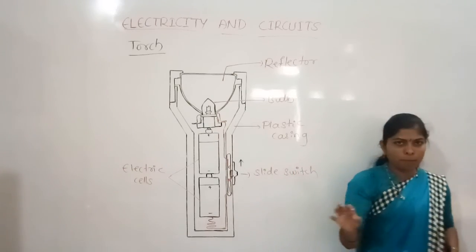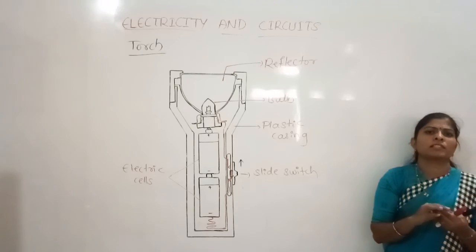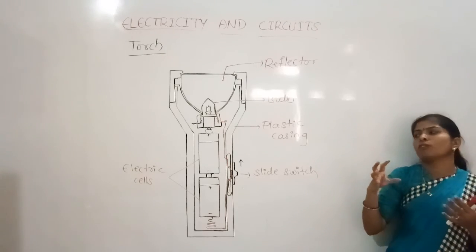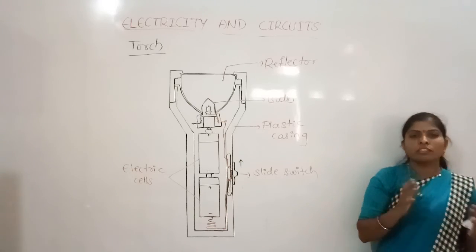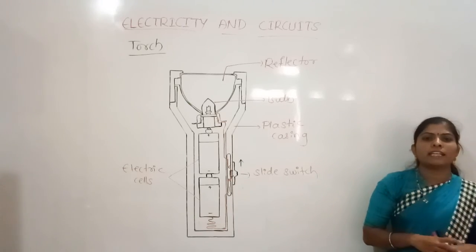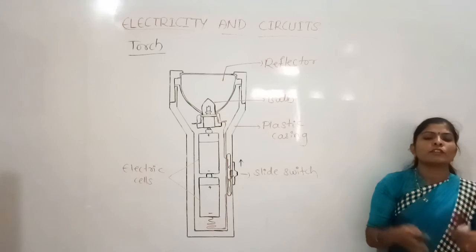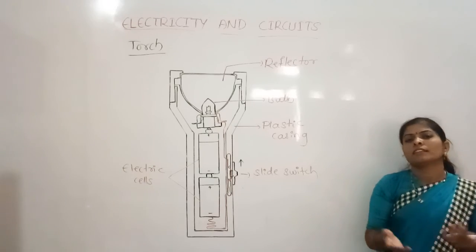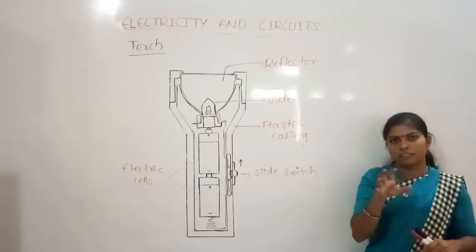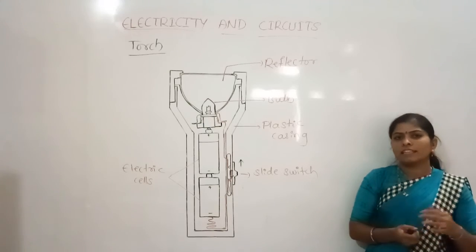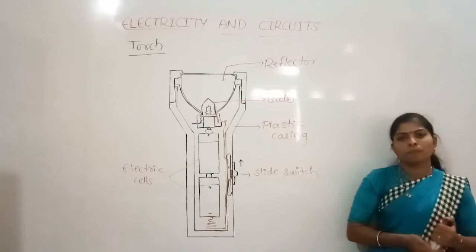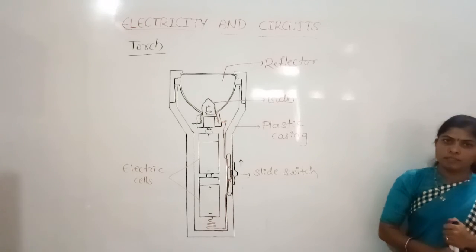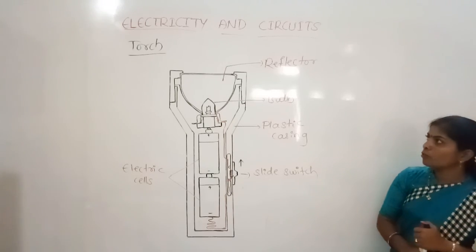If it is incomplete, if the wire bursts or if the fuse is blown, in that case the circuit will be incomplete, so there is no flow of electricity. No flow of electricity means there is no work, and the electrical appliances will not work, or if it is a bulb, then it will not glow. So likewise it will happen. Okay. So this is about the electric